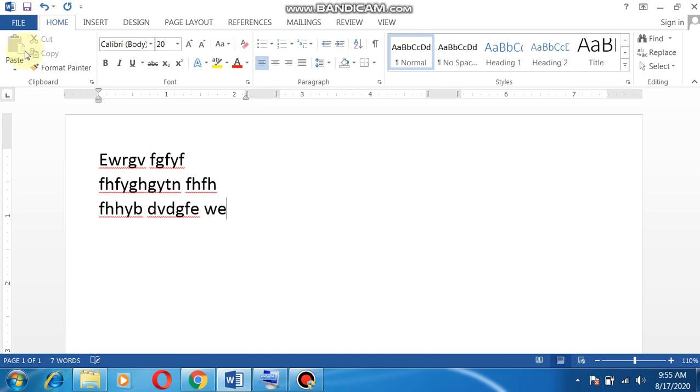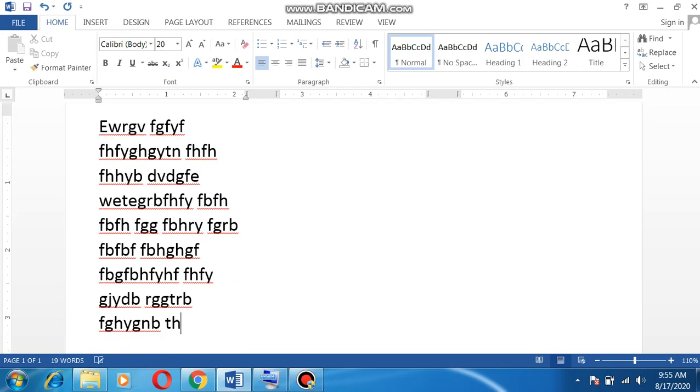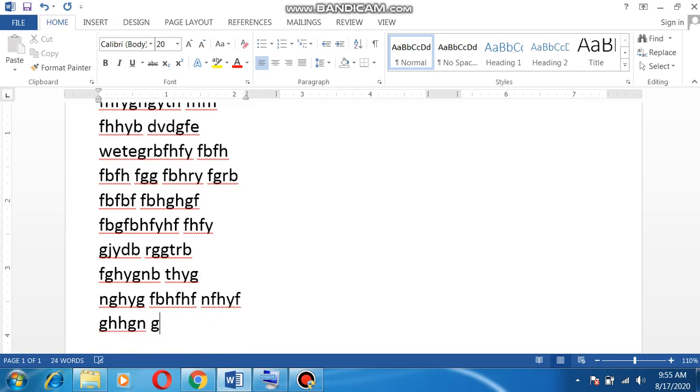Now, can you see, children, what is happening? Our page is now divided into 3 columns. So this is the space for column 1, then for column 2, and then column 3. As soon as we reach the end of the page, it will move to the next column.